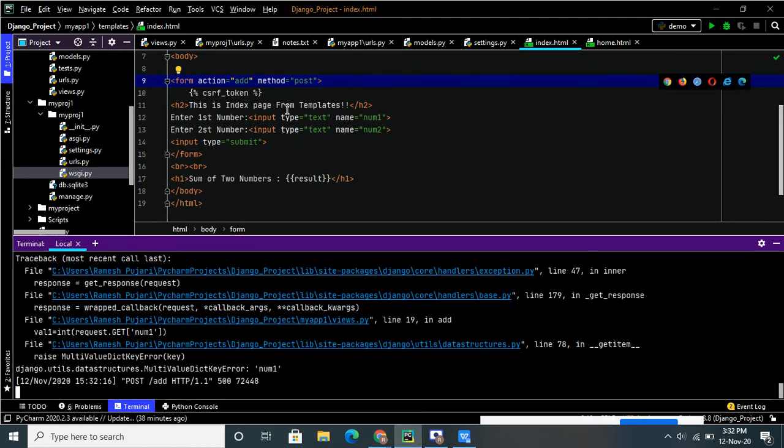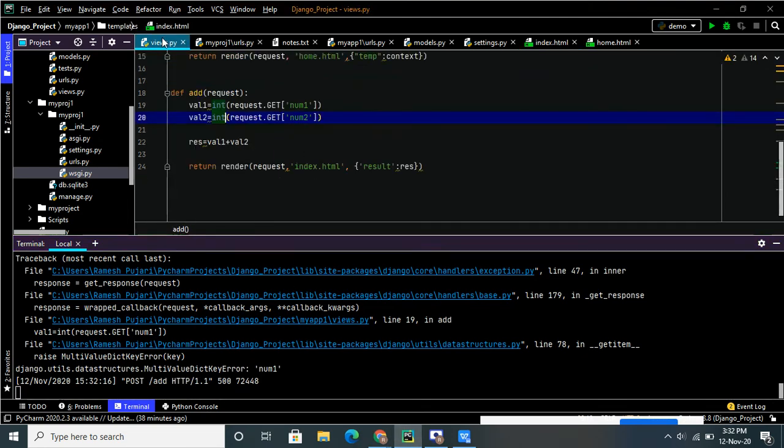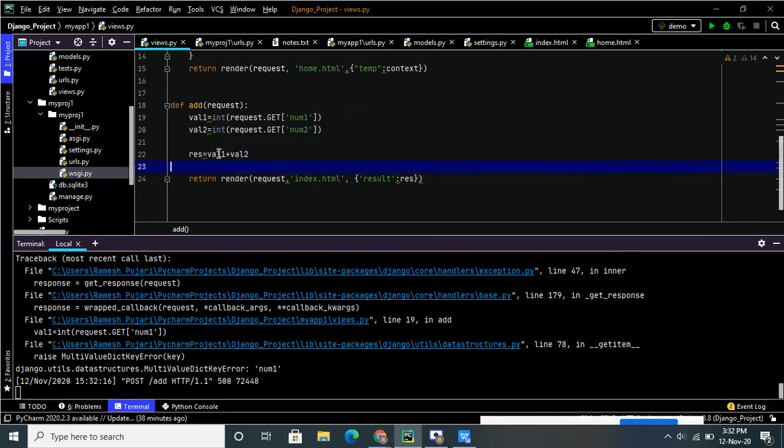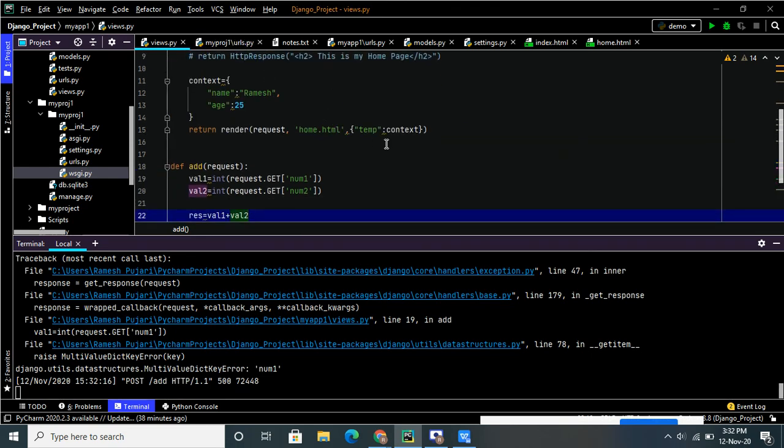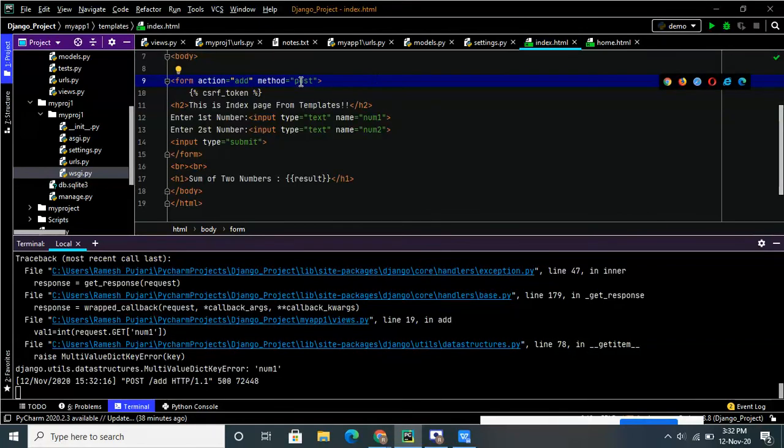That's why it's giving me the error. We can use both the get method and the post method. Right now, we'll change the method name here, and now we can see how to use CSRF tokens.